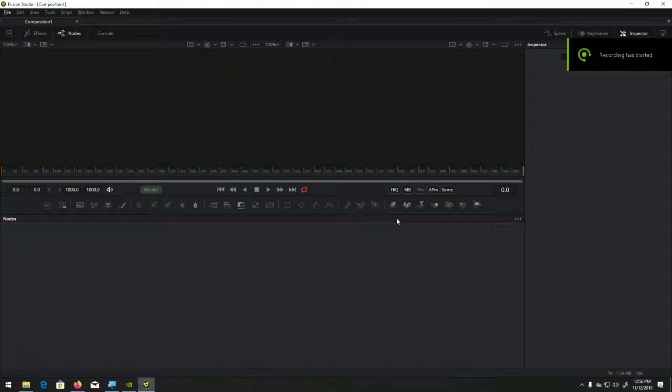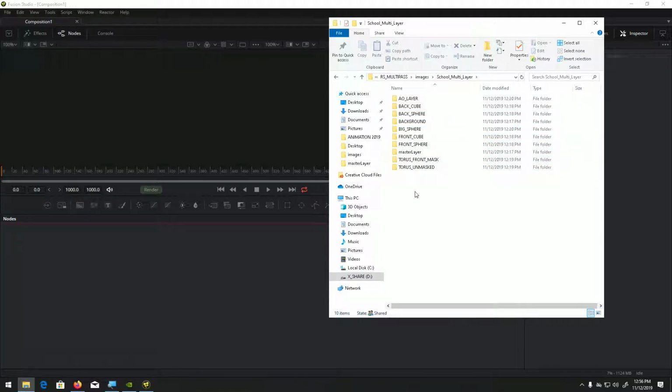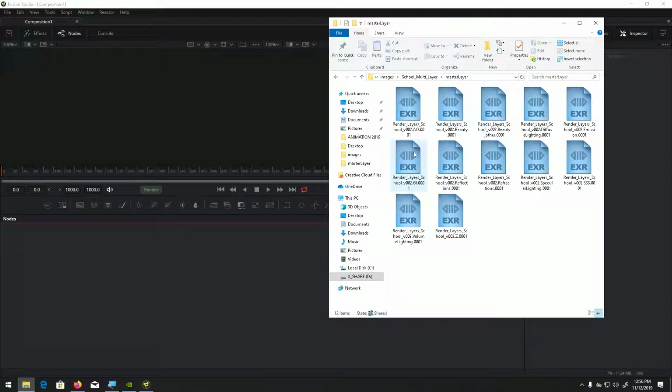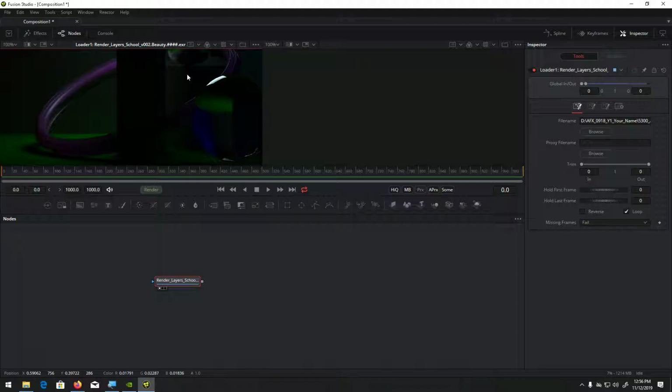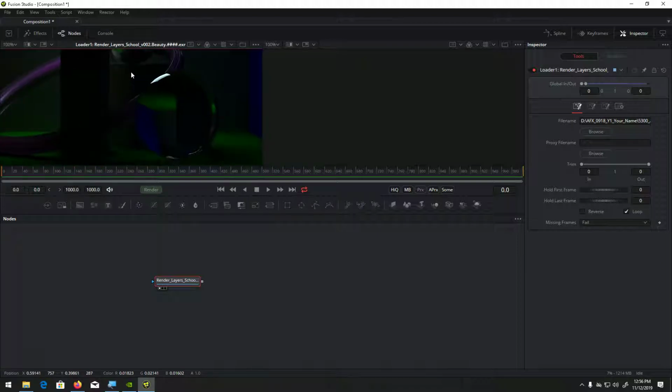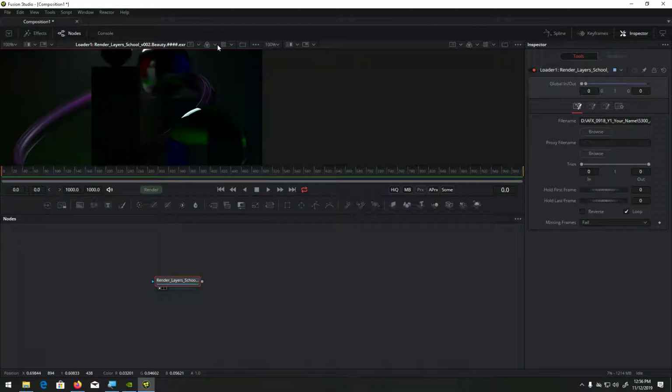So let's try to composite these layers that we just added. So this is our folder. And so far I'm going to open a master layer and I'll add a beauty pass. Okay, so what you can notice is that we are not seeing this image properly because actually we need to